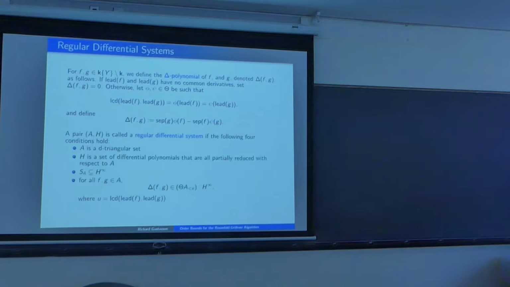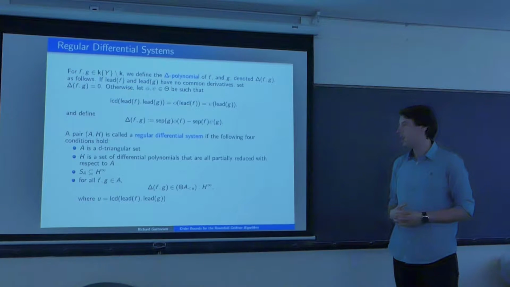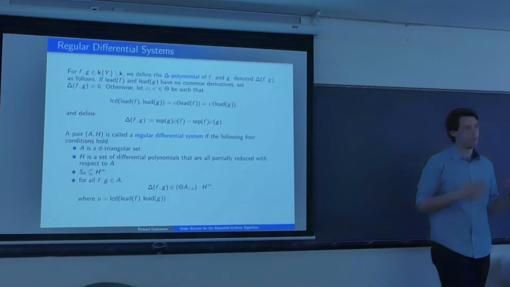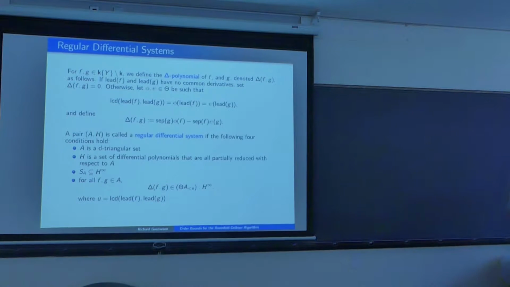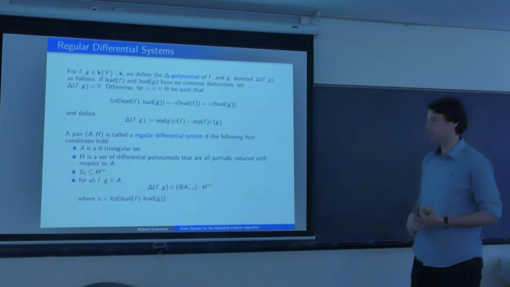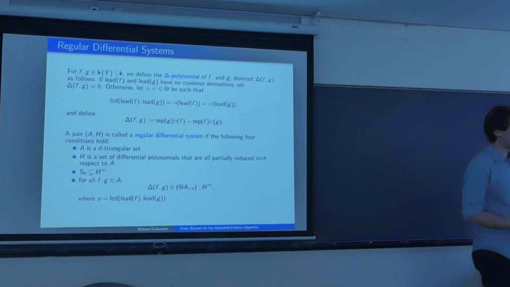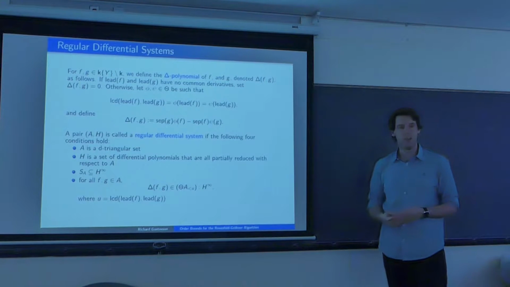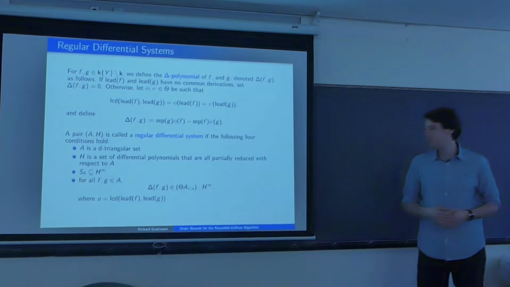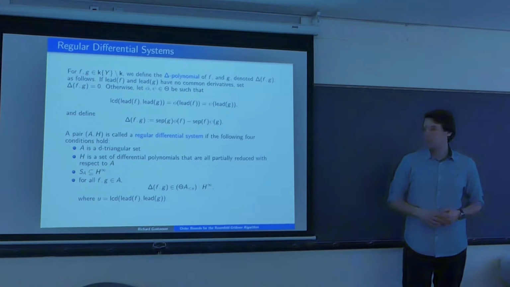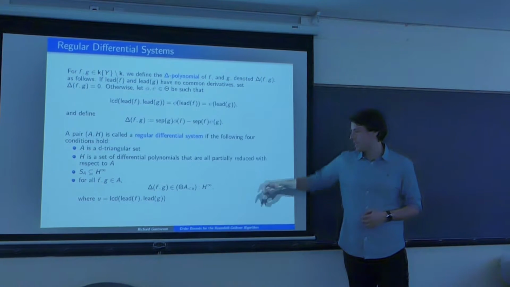And then we can define a regular differential system as a pair A and H. It's two sets of differential polynomials, A and H, and they have to satisfy these four conditions. So A has to be a D-triangular set. H is a set of differential polynomials that are all partially reduced with respect to A. The set of separants of A has to be contained in H infinity. And then for all pairs of elements of A, we want delta of f, g to be contained in this saturation ideal. So what this says is that,